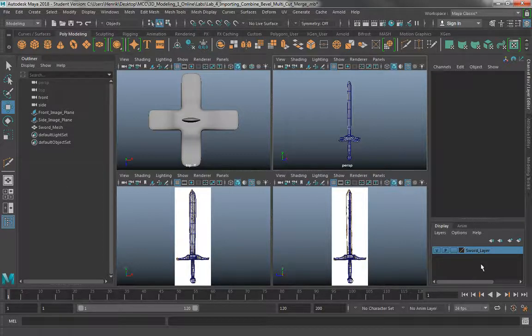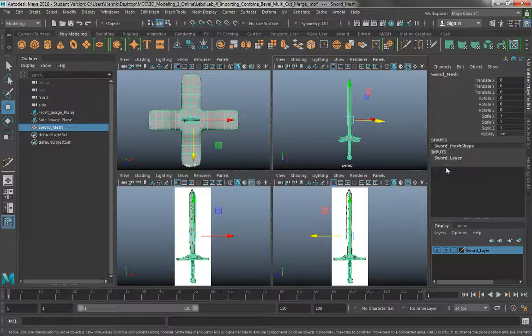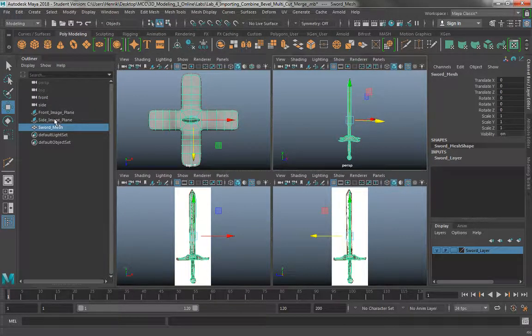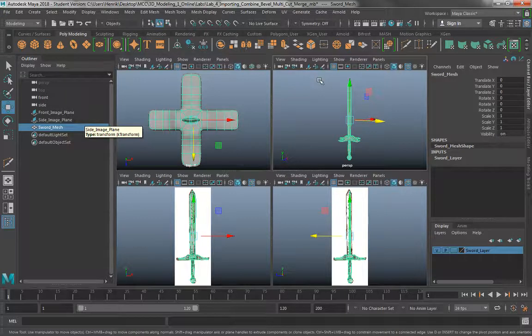And it helps also, not absolutely necessary. In this particular lab, yes, I do want you to add your sword to a layer, make sure it's on its own layer, and I can hide or show it. The only thing you should have here is the name of it. Just make sure, let me see, it should keep the name, yep. And then after that, make sure your image planes are named if you still have them in the scene, which you should, and that's about it. So submit your file just as you see here,